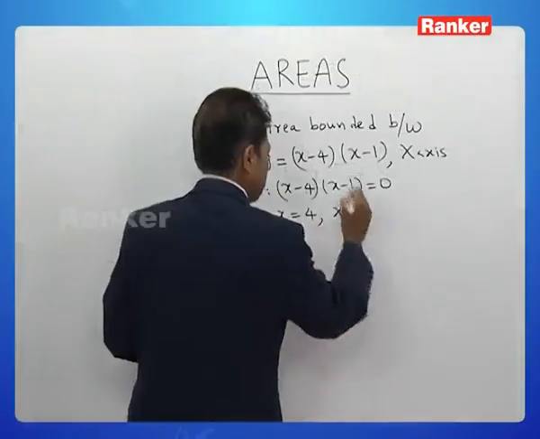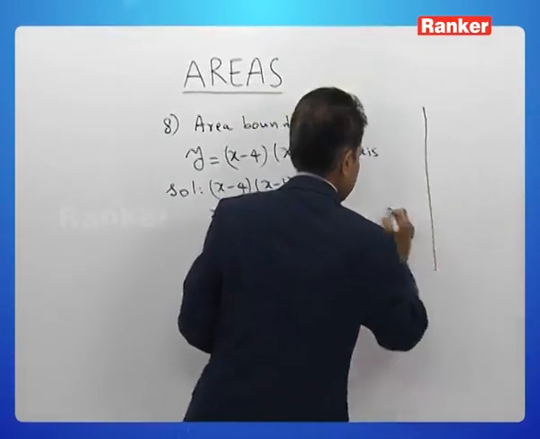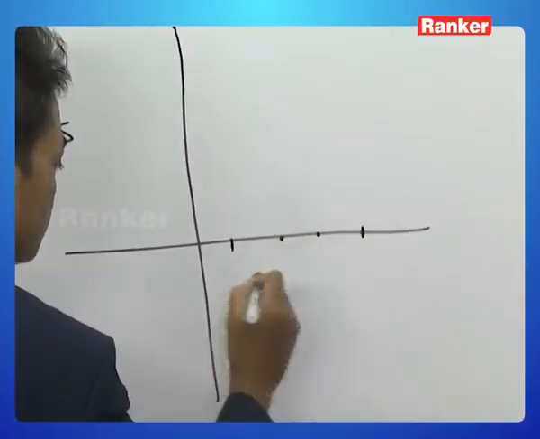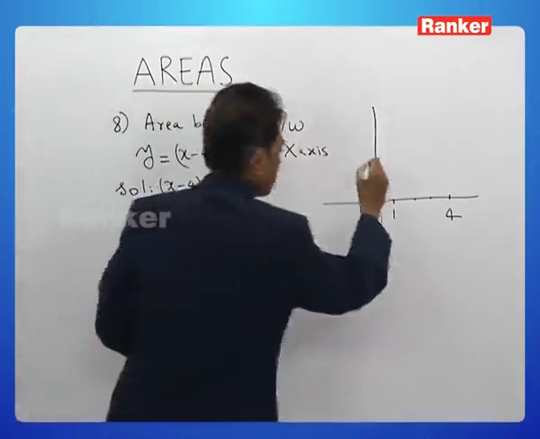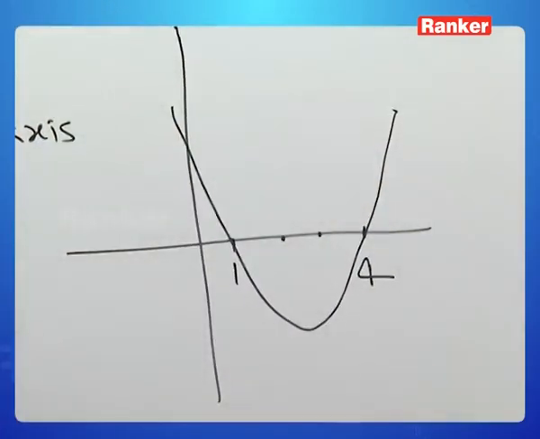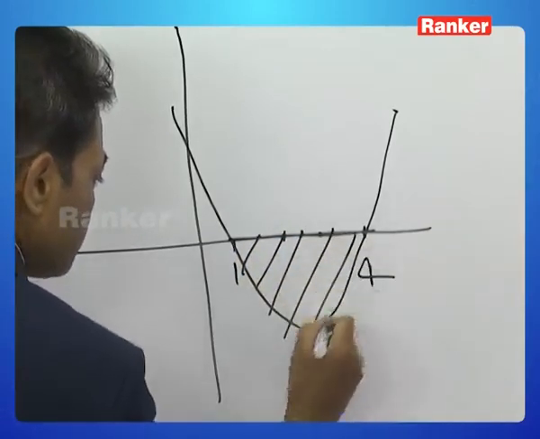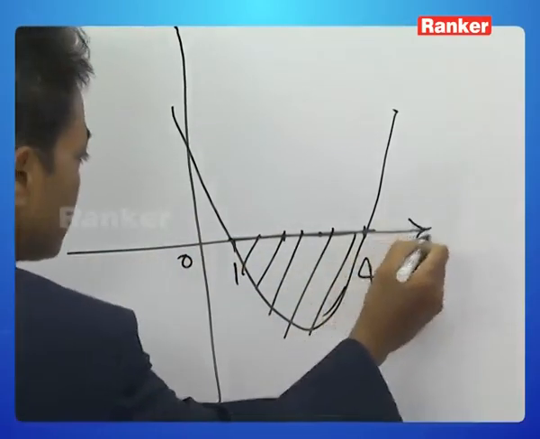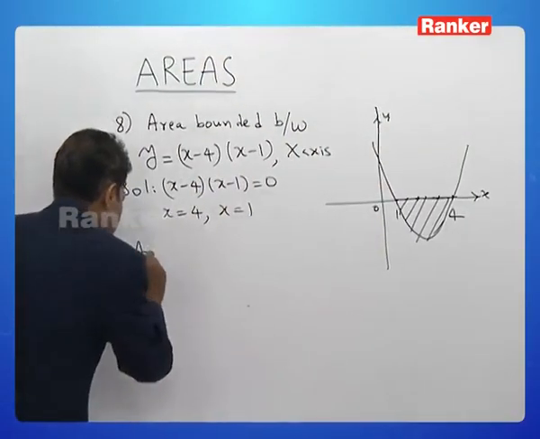So, intersecting x axis at x is equal to 4 and x is equal to 1. So, let us try to put the diagram. This is 1, this is 4 and it is x square. So, upward parabola. So, parabola will be like this and it is given x axis, this one. Now, we have to find this shaded area between 1 and 4. So, let us try to find out this area, right. Now, area required,